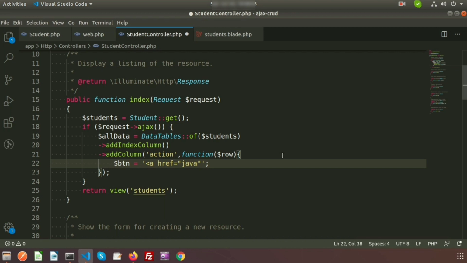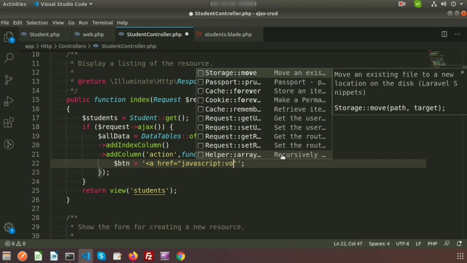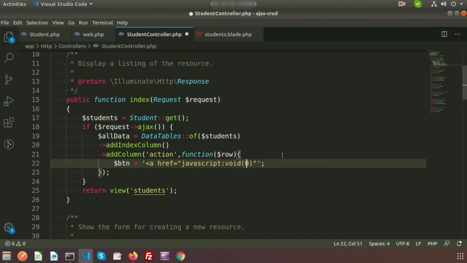So it is actually an Ajax CRUD operation. So just write JavaScript void 0, that means it will not redirect anywhere, and here write data toggle equal to tooltip,